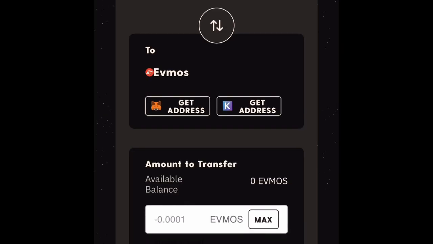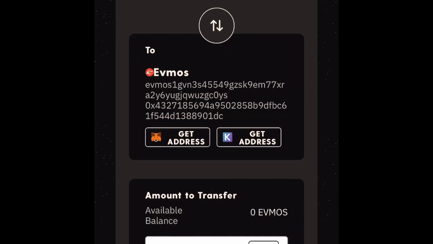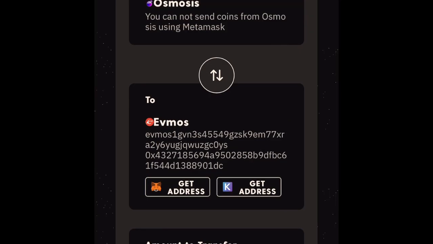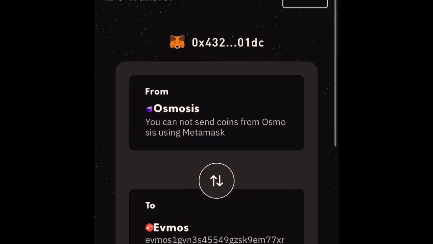And then when I do this over here, get address, or I do both, the address doesn't work. You cannot send coins from Osmosis using Metamask. So you will have to do this on the desktop, using the Keplr extension and the Metamask extension. That's a headache in itself. I've done it already. Yeah, you could get it done. It's the first way I learned how to do it. So that's why this video is going to be very important for Evmos investors, if you want to get to it headache free and avoid all this on the desktop.